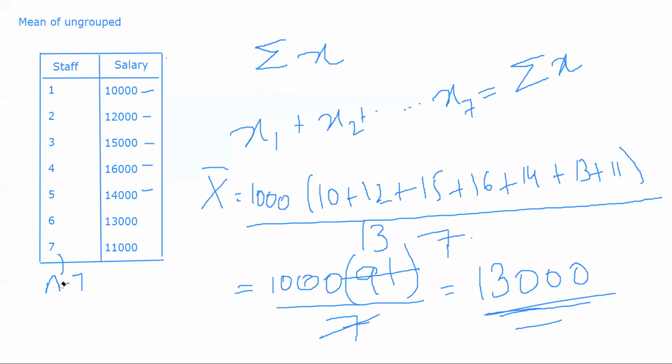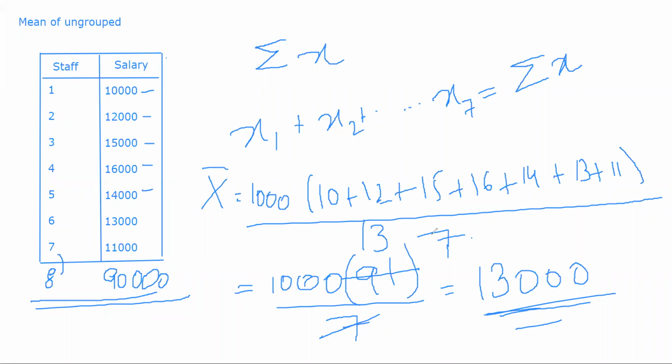Instead of only 7 observations, we have 8 observations, let's suppose. Let's suppose the 8th person has a salary of 90,000. Okay, here a problem comes, because this is an outlier. Okay, this is something which is far away from your mean.